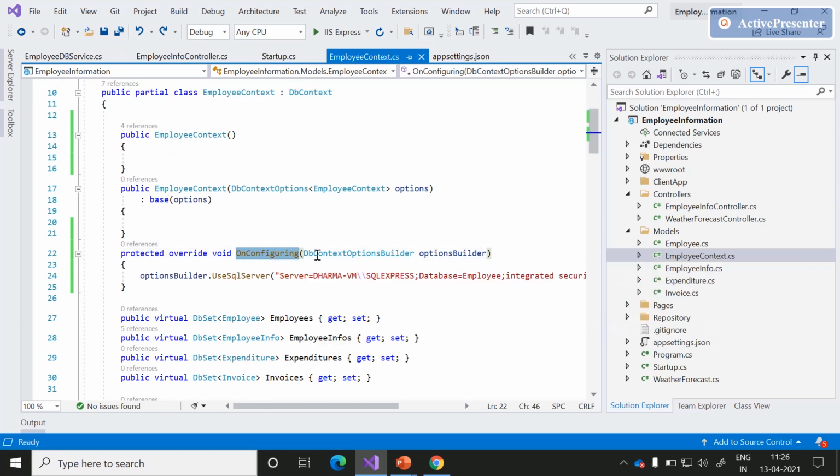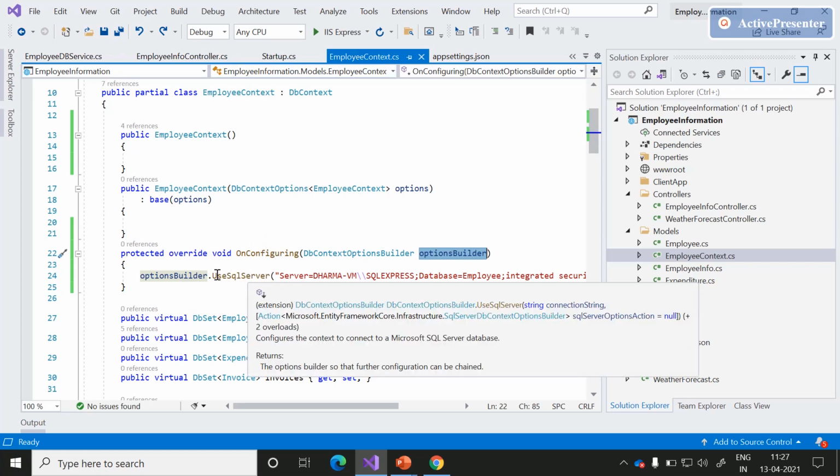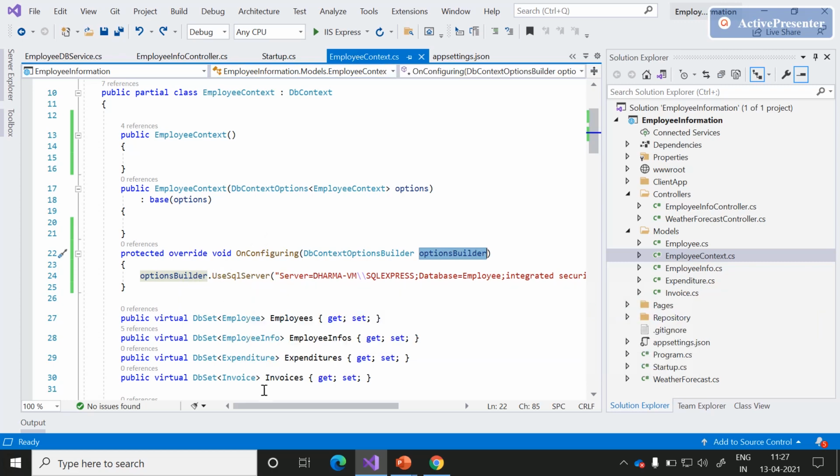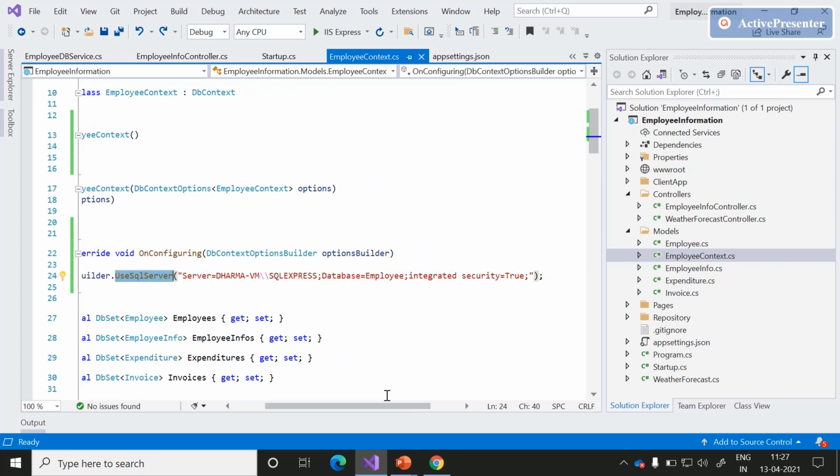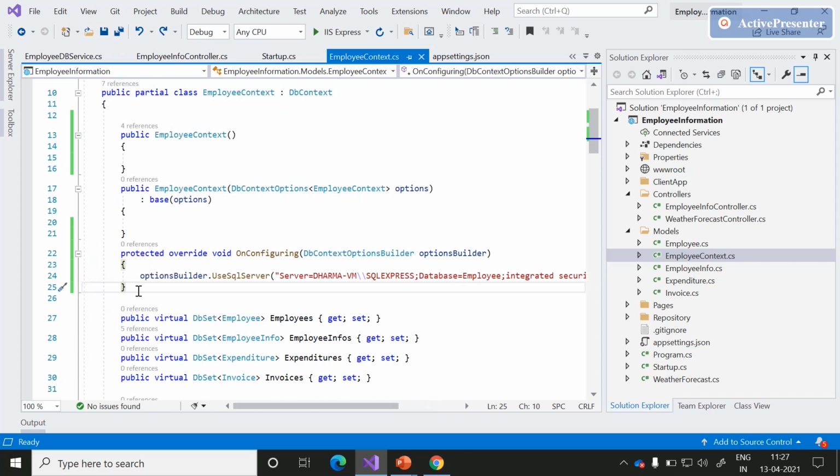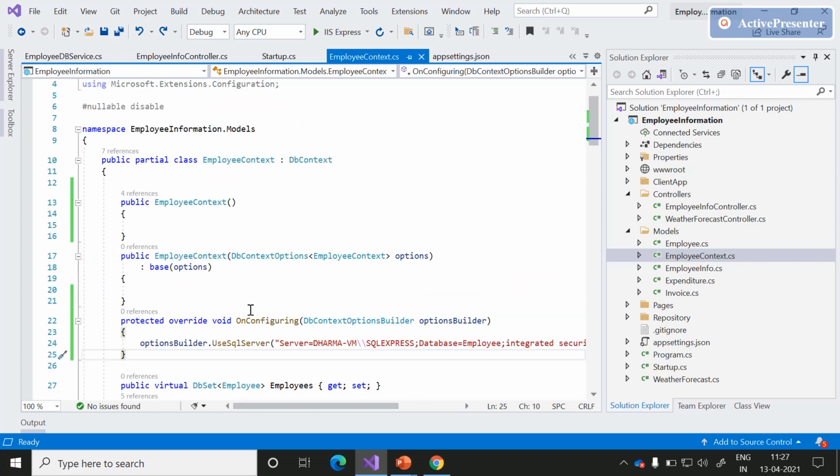This onConfiguring has one parameter, DB context options builder, which will establish the connection between ASP.NET Core and the database. If you observe this, in the use SQL Server, we have a connection string which will establish the connection to the database. But this is not the preferable approach to use this DB context and to configure this use SQL Server